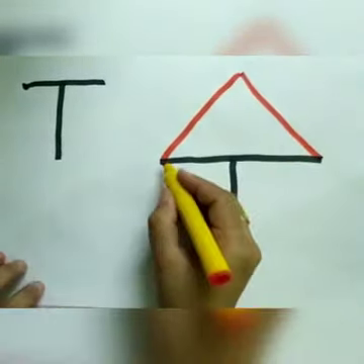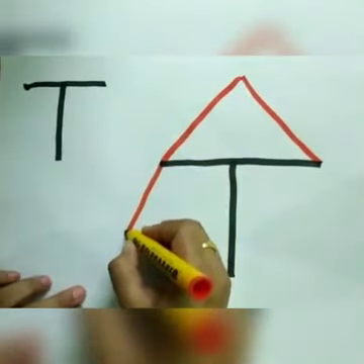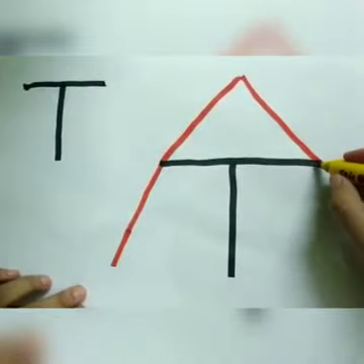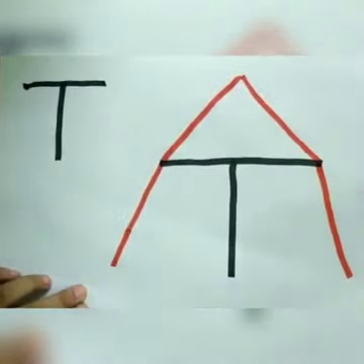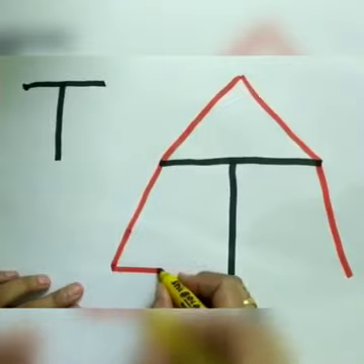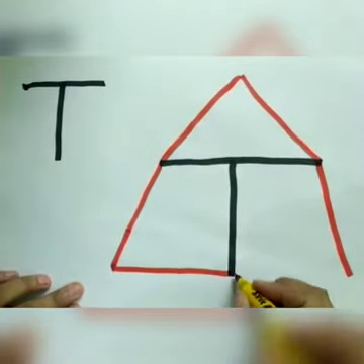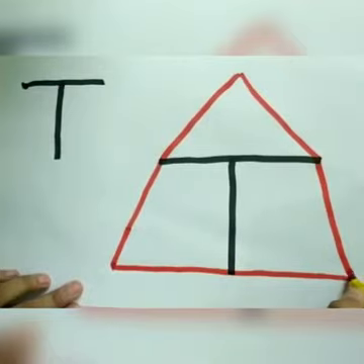Now we start from this top to come down and form a slanting line. We make it like this. Again, we start from this point and come down to form a line like this. Now we have to join these three lines one by one. I'm joining it. You can see how I'm joining this. Yes, first one done. Now I'm joining from the second line to the third line. Yes, this one also done.